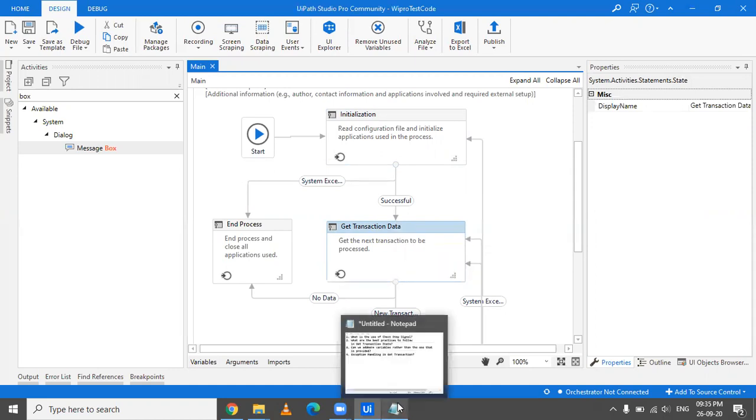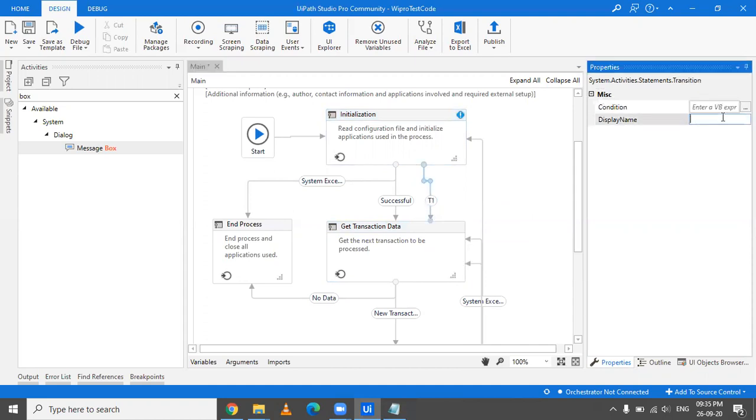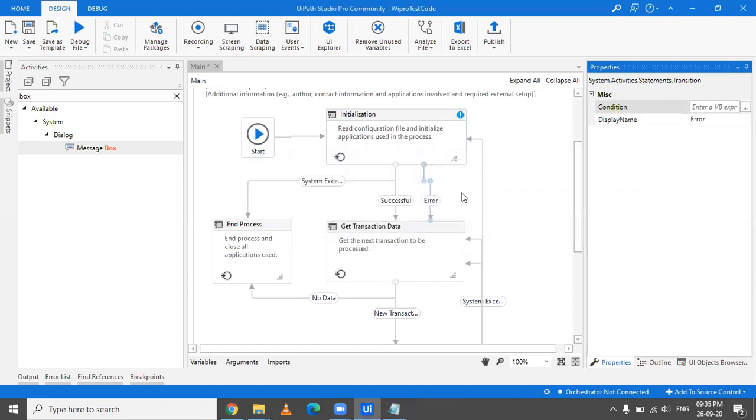So this transition, you can draw any number of transitions like this. You just have to drag here and drop here. From here, you can rename it to be anything that you want, whether you want to name it success or error. So here you rename it, and in the condition you write the condition in which we are treating it as error. So this is how you make this transition. You could consider it as an if-else sort of thing in simple language, and it's treated like that.